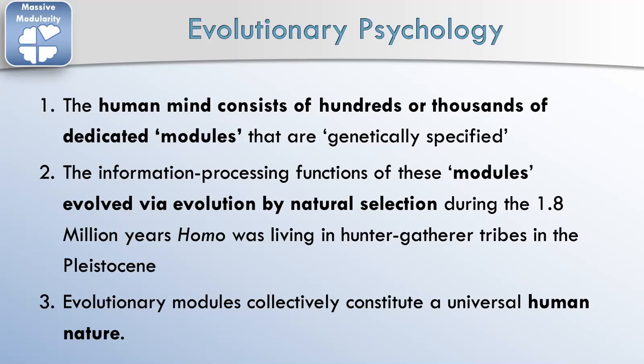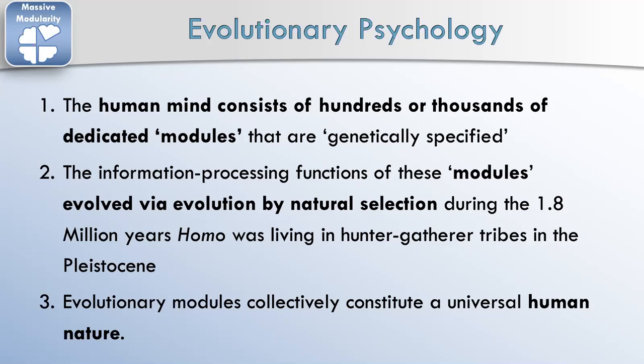Number two, the information processing function of these modules, these processes, evolved via evolution by natural selection during the 1.8 million years Homo sapiens were living as hunter-gatherer tribes in the Pleistocene. The Pleistocene is, I guess, the most recent era. Modern humans have been around for about 200,000 years. Our ancestors, Homo erectus, Homo habilis, all of our ancestors were living roughly in hunter-gatherer tribes for a lot longer than that. But even if you only take the past 200,000 years of human